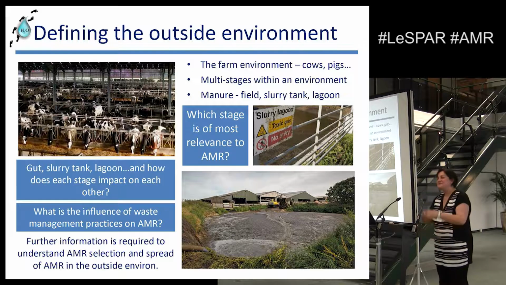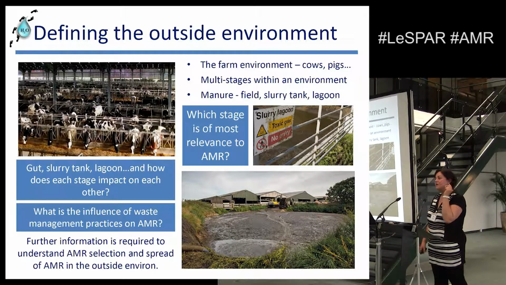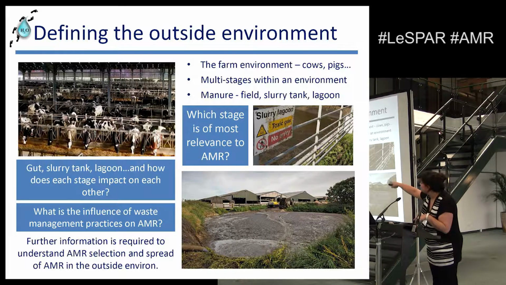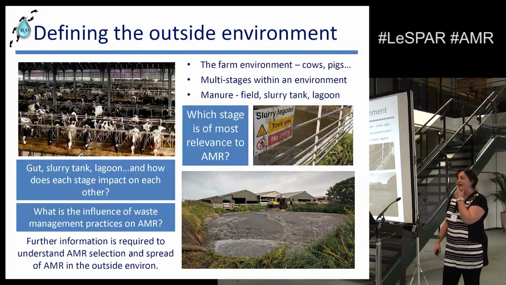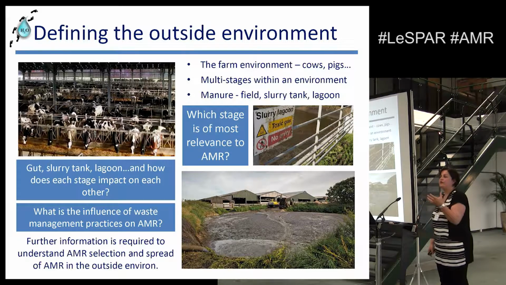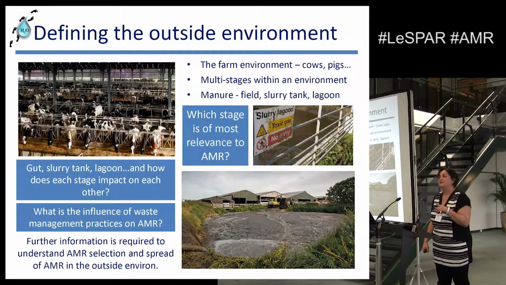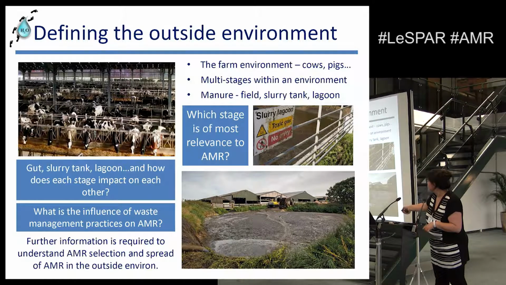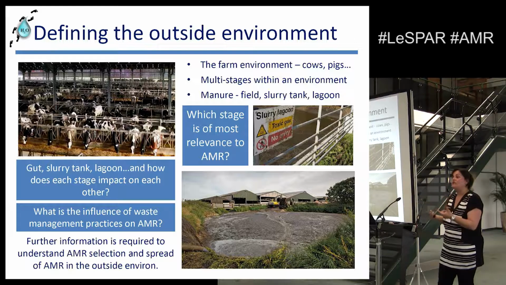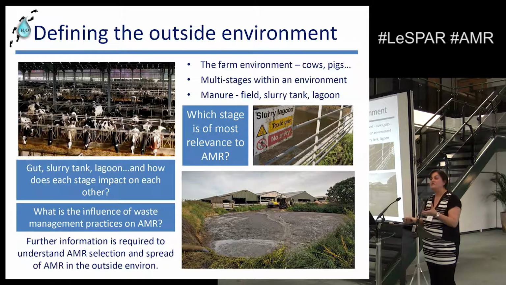So starting off with a farm, same thing with the farm setup. You can be looking at cows, pigs, chickens, whatever it might be. And to give those two pictures there, straight away, a cow farm, for instance, is not a one-size-fits-all. And it's not just a case of it being dairy or meat. It can be outside, it can be inside, it can be a mix. The downside picture is actually a farm in the States where that particular farm is processing 32,000 cows. And that circular bit there is where all the muck goes, so where all the manure and the slurry is actually going.